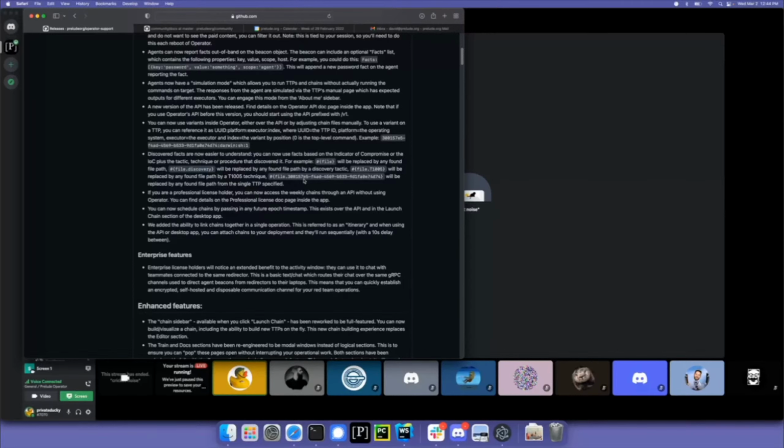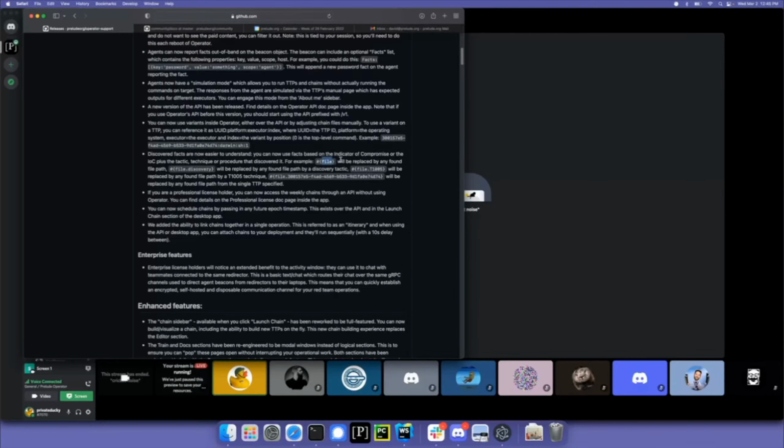Now in 1.5, we are going to parse out the indicator of compromise only. So it will show up sort of like this. If we parse out a file, it will look like this. If we parse out a directory, it would just be directory. And that's it. Now you'll be able to utilize those indicators of compromise, those facts, in 4 different ways. You could utilize it simply as this variable inside of your TTP. If you use this as the variable, pound brackets and file in this case,